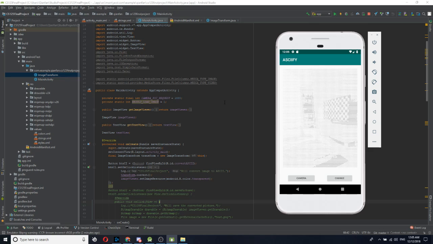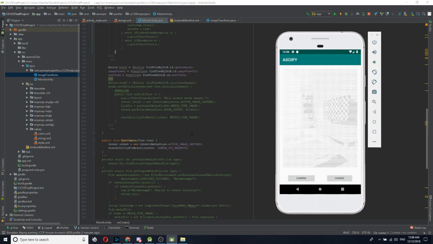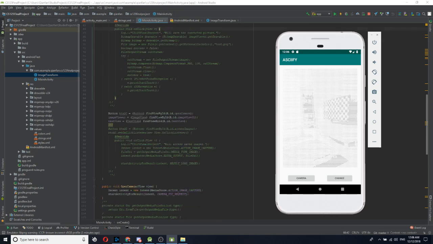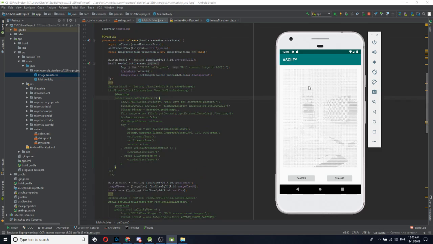So I worked on mostly the front end of the app, which mostly comprises of two buttons right now. It is the camera button and the change button. So the camera button will link to the phone's camera, and it will take a picture. And when you do that, the picture then gets saved as an image view object, and then you can use the change button to then change the image into the text view, and then get it to display the ASCII